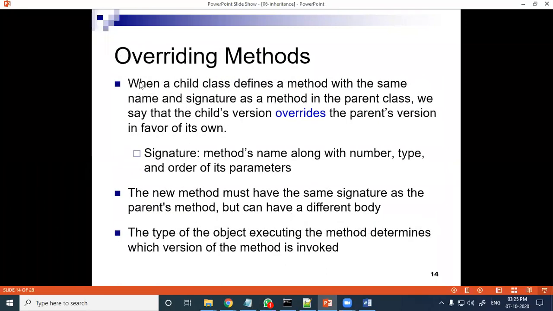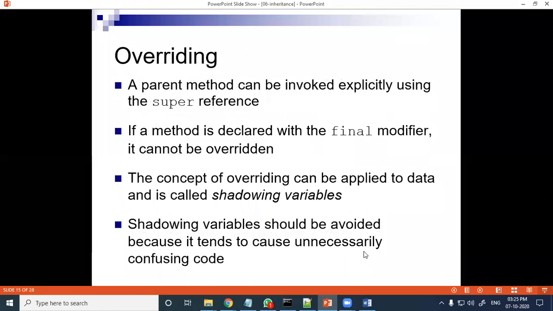Then next, we discussed today the overriding of methods. Two methods with the same name and same signature in the parent as well as in the child, that is called overriding. To call the parent method, we need the super keyword. So an overridden parent method can be invoked explicitly using a super reference.